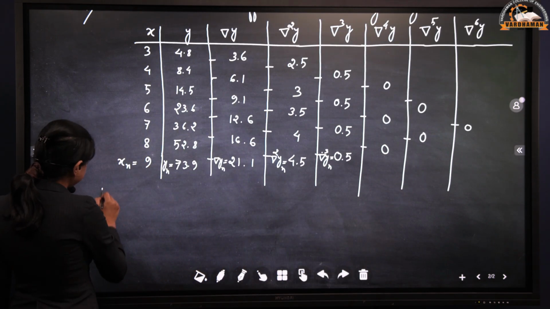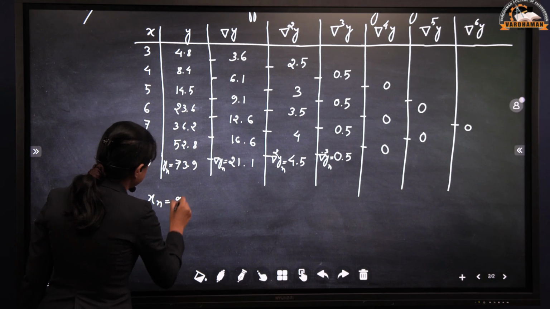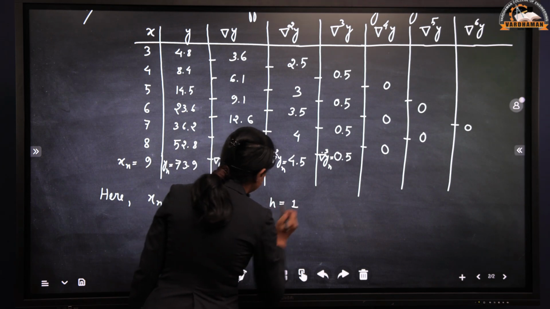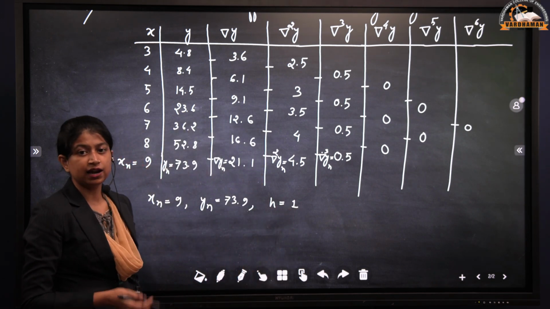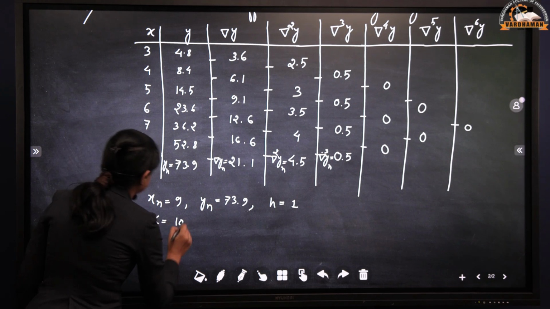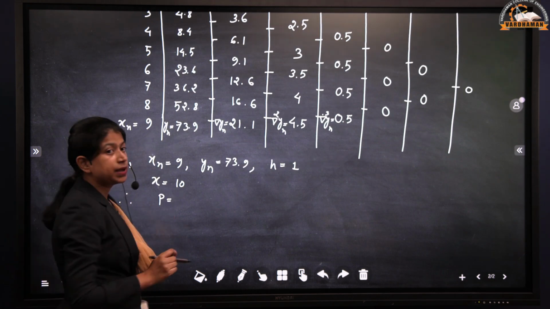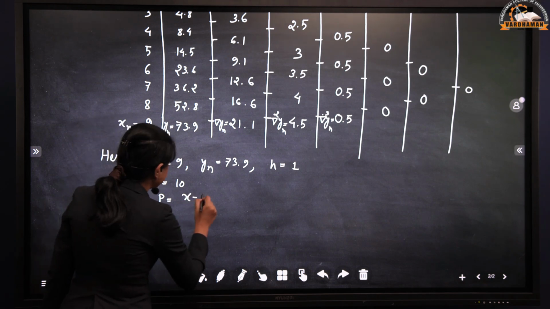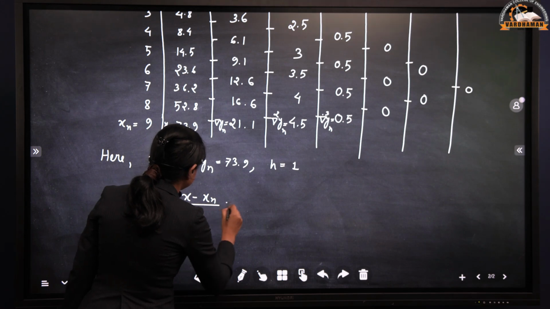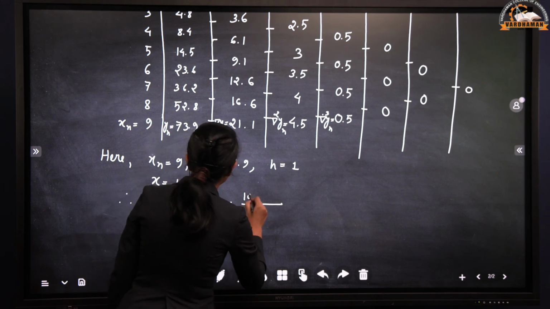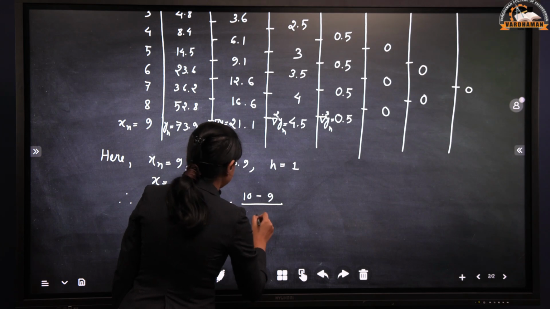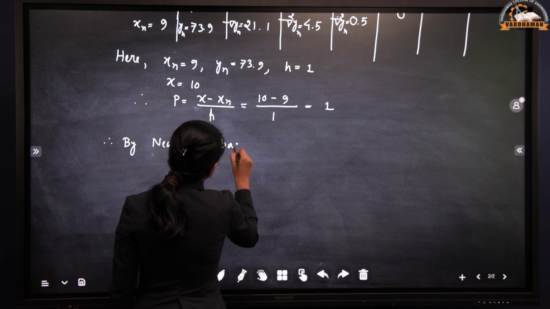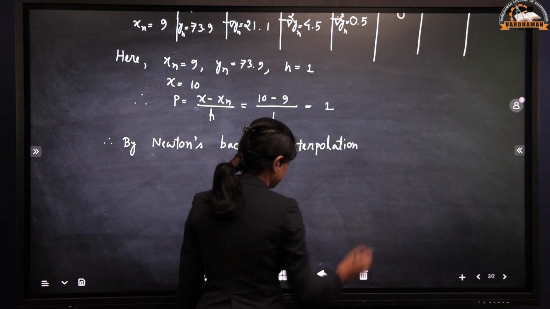Now, therefore here, xn is 9, yn is 73.9, h is 1, and what you need to find? x equal to 10. Therefore, what will be the p? P is x minus xn by h. So what is x? 10 minus 9 by 1. This is 1. Now by Newton's backward interpolation formula, we have